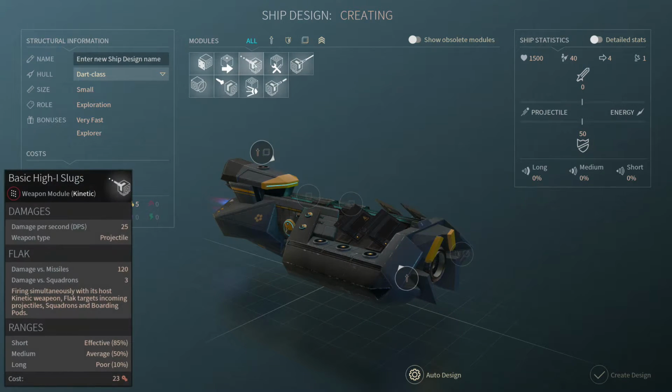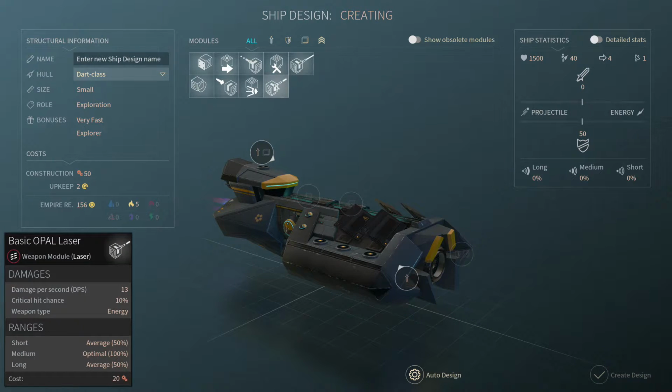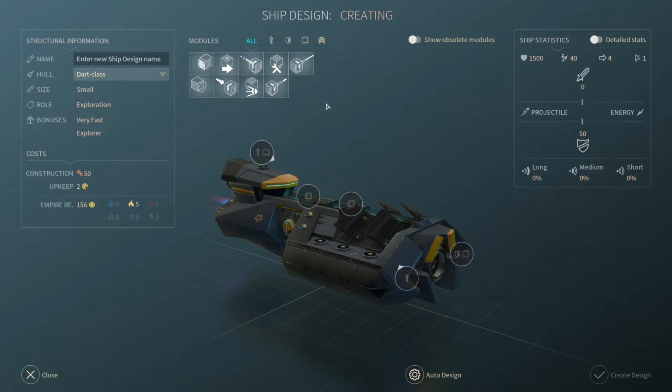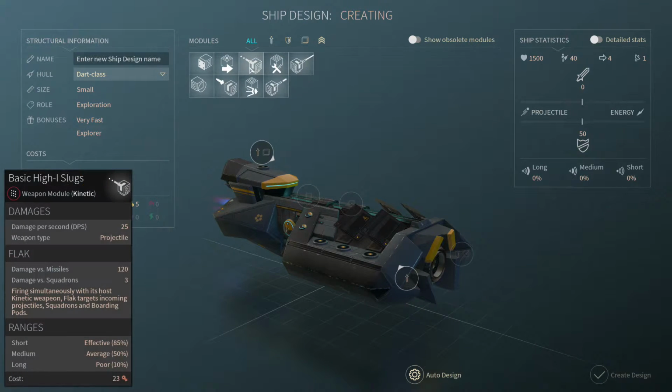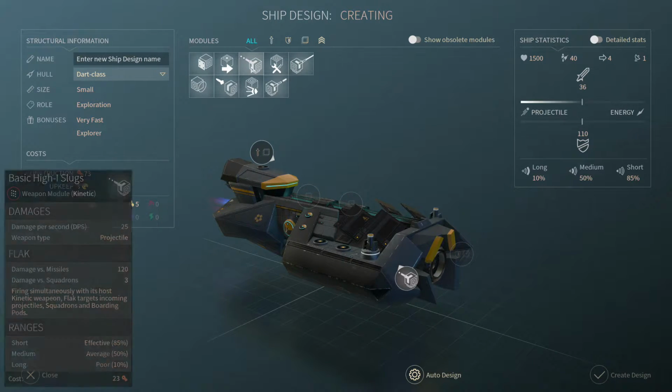If you just mouse over each one, you'll notice the damage per second of slugs is 25, missiles is 28, lasers is 13, and beams is only 9. And you would think, just by mousing over these, that missiles and slugs are by far the superior weapon choices. But you would be really, really, really wrong. I'm just going to throw a gun on here,